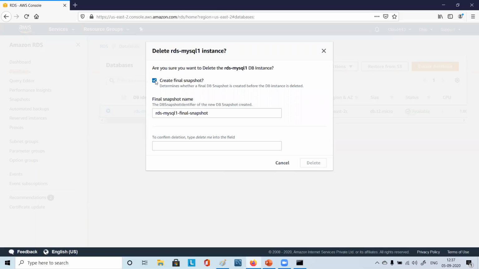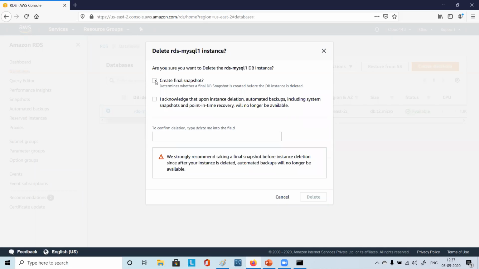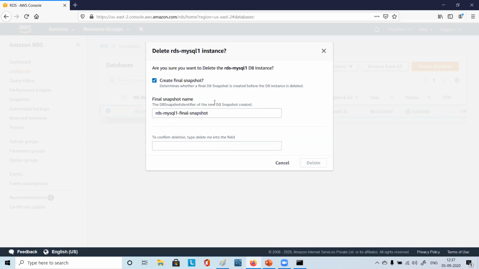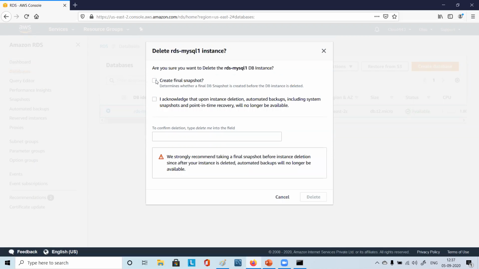Don't choose create final snapshot. So I should remove that, no? Yeah, just remove this one. We don't want to create a final snapshot. This will create one with this name actually. We don't want it, because it's not needed for us.